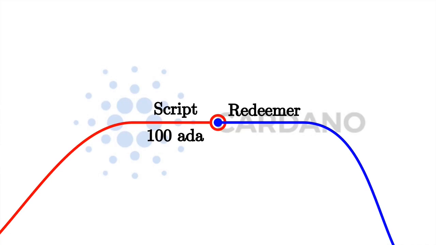Now the next question is, what exactly does that mean? What do we mean by arbitrary logic? And in particular, it's important to consider what information, what context the script has. So there are several options. And the one indicated in this diagram is that all the script sees is the redeemer. So all the information the script has in order to decide whether it's okay for the transaction to consume this UTXO or not is looking at the redeemer. And that is the thing that Bitcoin incidentally does.